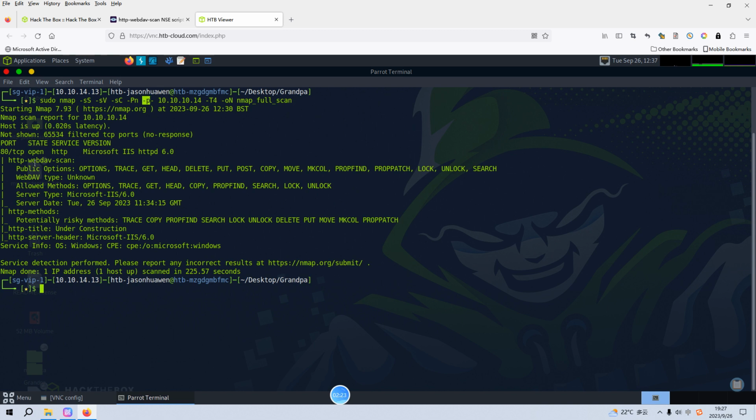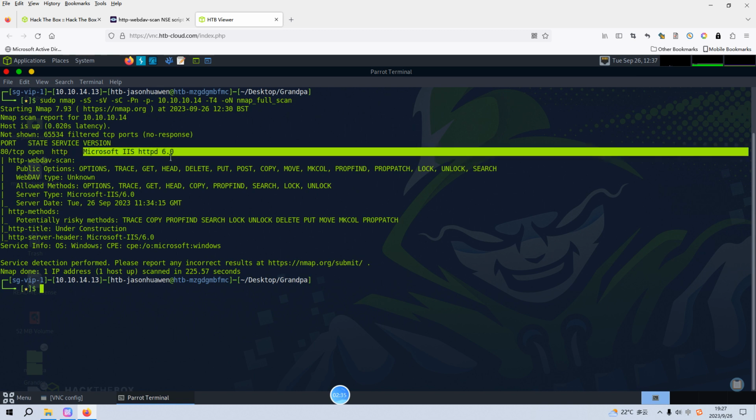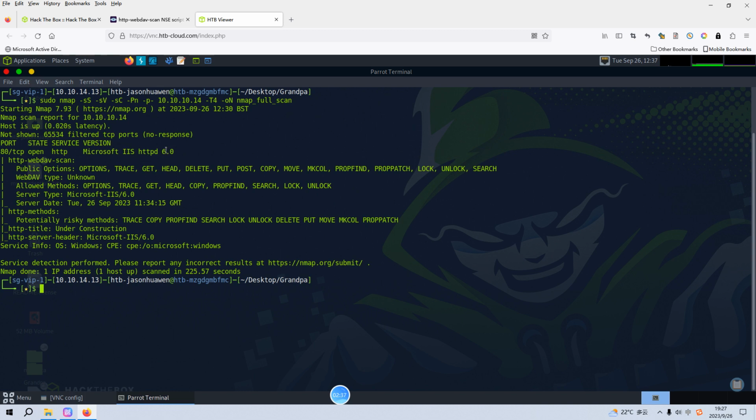From the Nmap scanning results, as you can see, there is only one open port, which is 80, running the HTTP service, and also the actual version information, which is IIS 6. Of course, this version is very old. After all, we are now living in 2023. And because I put the option -sC, which does the default script scan,